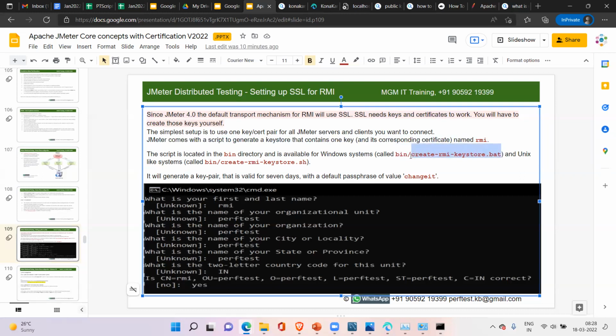This is the batch file, the script that is used to create these keys and certificates.